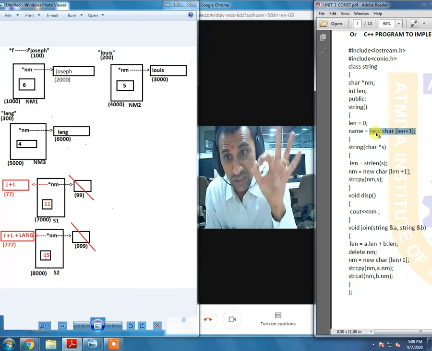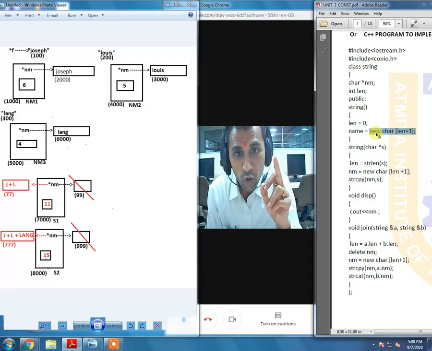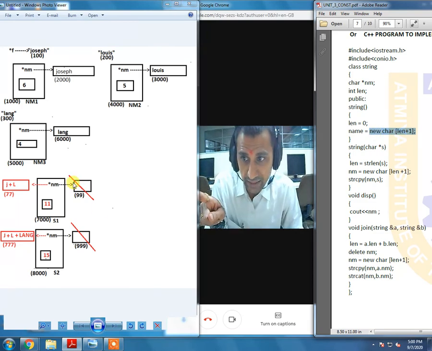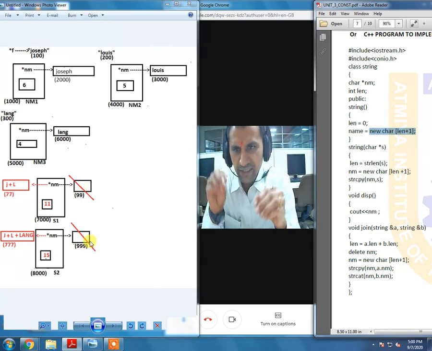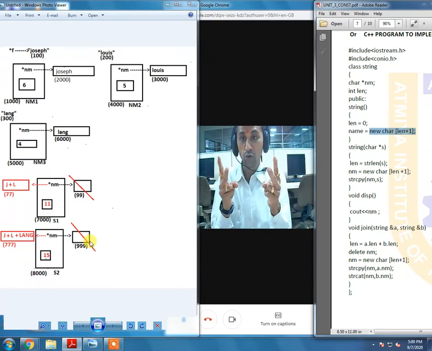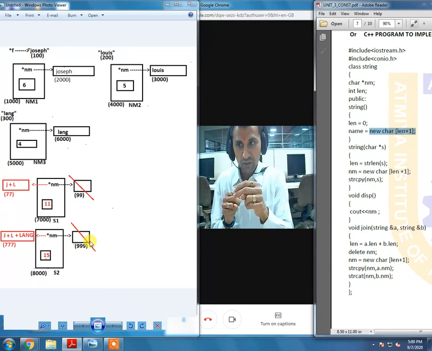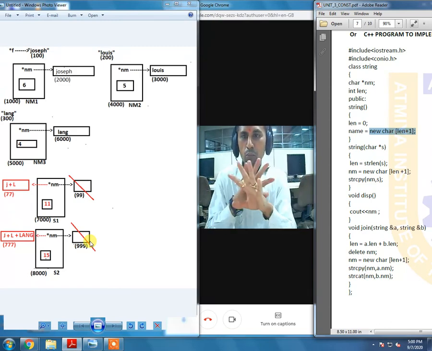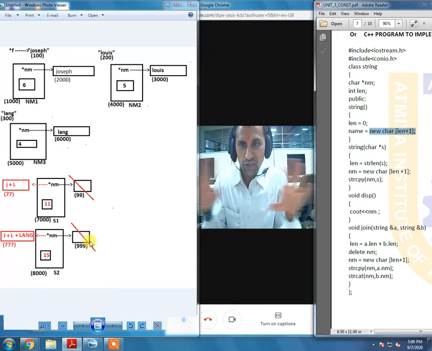A block of 1 byte will be allocated for s1 and for s2, just like this. But we are not initializing anything into it. The block is created, but there is no value inside the block. That means both the blocks, for s1 wherever nm is pointing, for s2 wherever nm2 is pointing, are filled with garbage values.